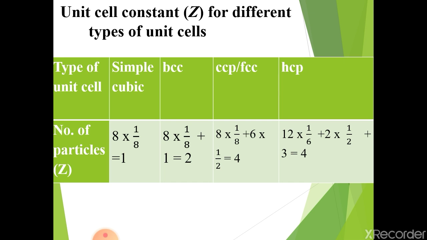For BCC, 8 corner atoms which contribute 1/8 each, plus 1 body centered atom. The total number of atoms is 2 for BCC. This you have to learn also. Then CCP, cubic close packing, or FCC: 8 belong to the corner and the contribution is 1/8, plus 6 faces and their contribution is 1/2. That's why we get